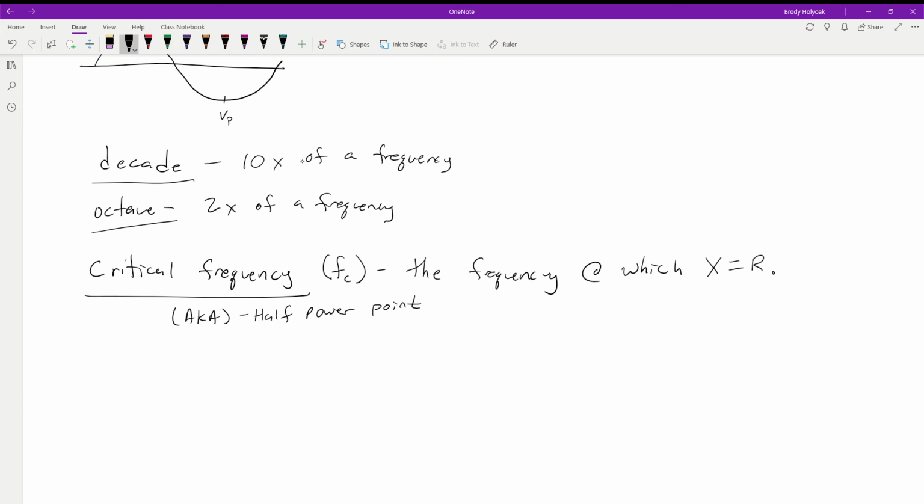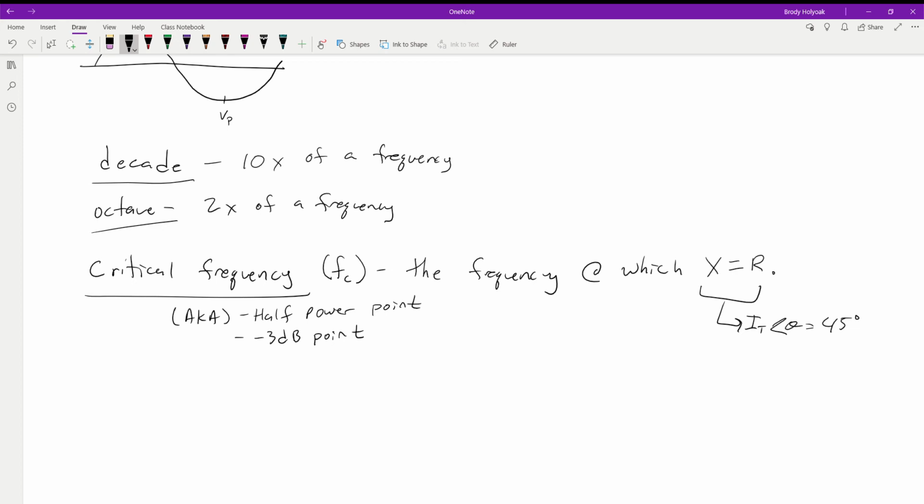Also called the half power point. It's called the -3 dB point. So one thing that we're seeing here is when we're at this frequency, since these guys are equal, one thing to remember is the angle of the current is going to be equal to 45 degrees, which we should know from some of the examples and labs that we've been doing, that as our X of C or X of L is equal to R, we're going to see that this 45 value appears.